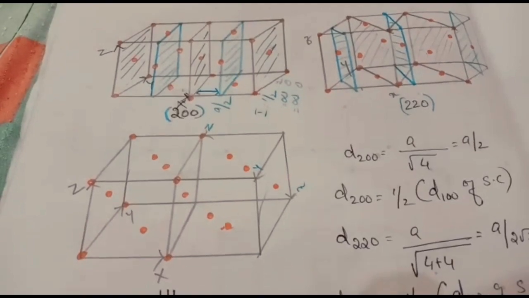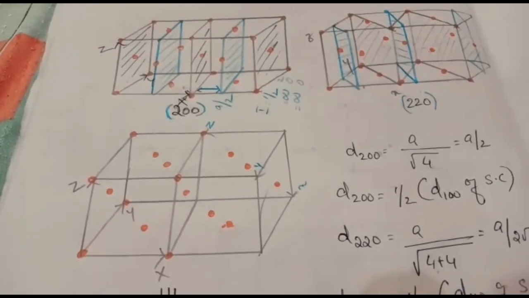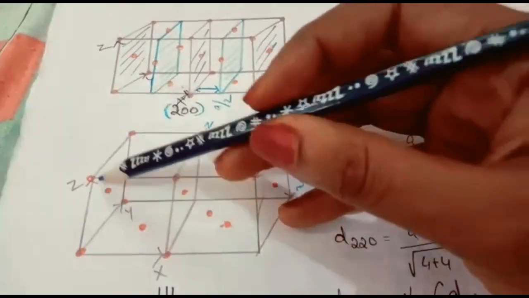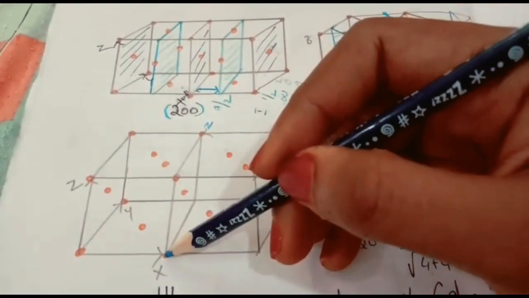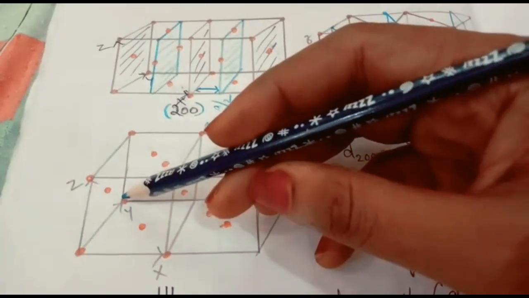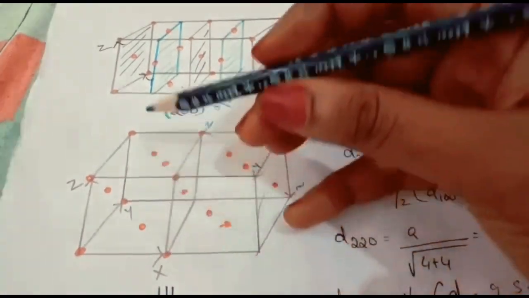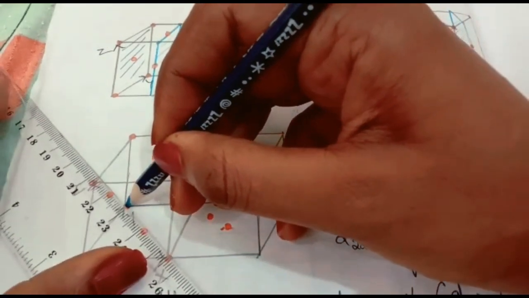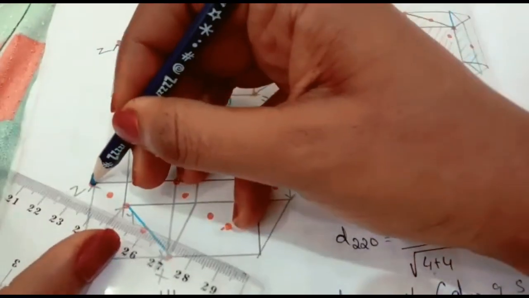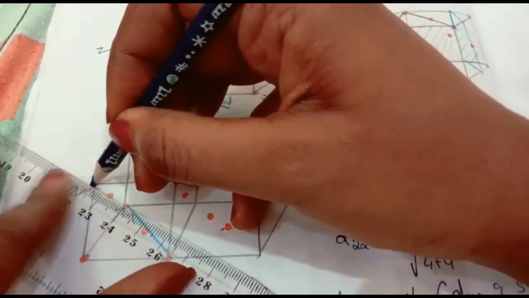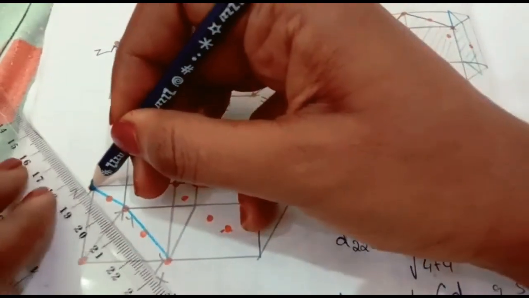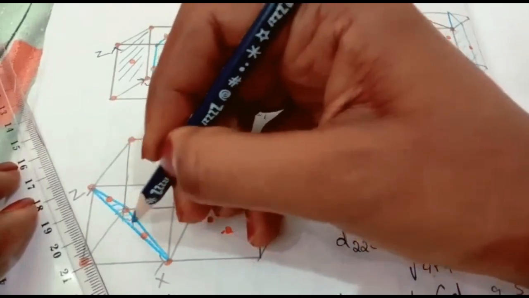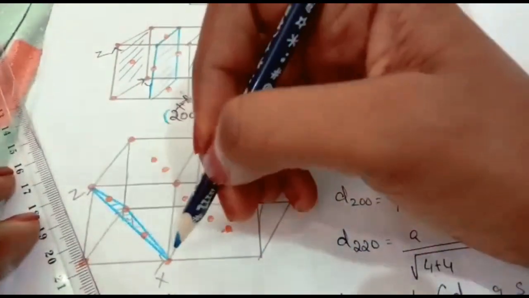Now we will draw the 1, 1, 1 plane of the face-centered cube. Here, for the 1, 1, 1 plane, see this is the origin, x, y and z. So 1, 1, 1 means the plane should pass through x, y and z. So we will connect all these three, x and y. First we will connect x and y, then to z. Then these two will be joined, because this is not a line, this is a plane. So this is one plane.